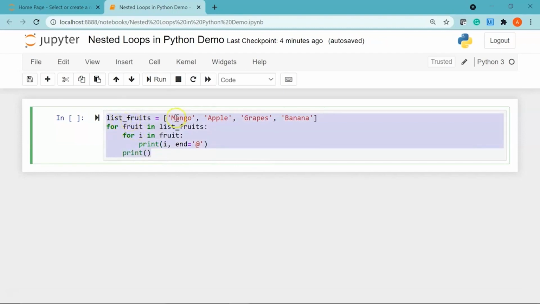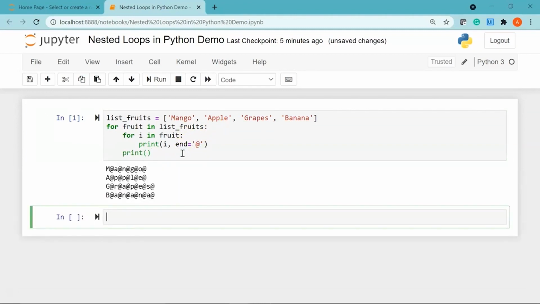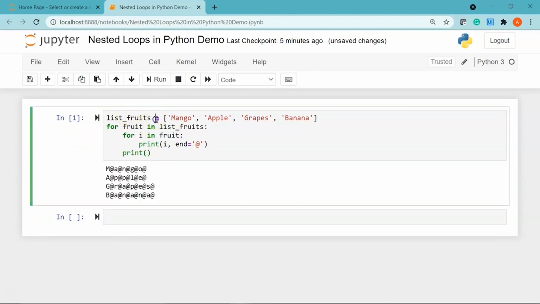So I want to iterate through all the items present in my list underscore fruits variable, and for each item in the list I want to make sure that each letter in an item should be separated with the @ sign. So let me go ahead and print it so that you can see the result. There you go. So here you can see we have printed the different items that were present in my list, which was list underscore fruits, and for each item the letters in the item have been separated by the @ sign, you can see here.